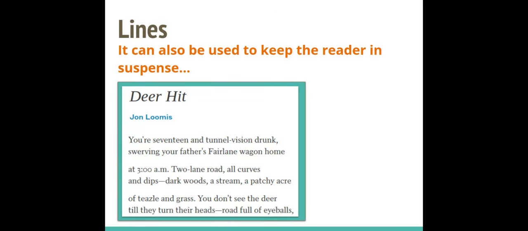The second stanza then gives us the setting. It's 3 a.m. It's dark. It's hard to see, and the roads are curvy. Third stanza, there are deer. There are deer in the road, and I'm probably going to hit them. So the continuing from one line to the next, to the next, to the next is keeping us in suspense. The speaker's drunk. That's bad. It's dark outside. That's even more bad. There are deer in the road. Ooh, that's worse.